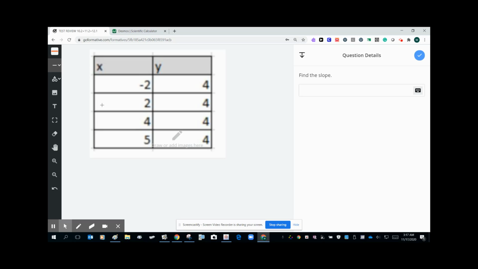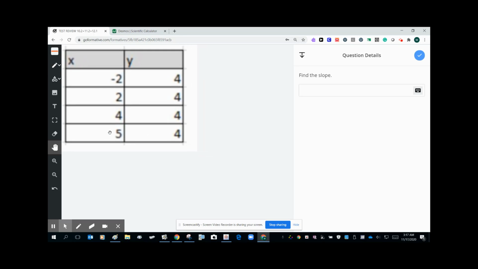Okay, here I have a table. So what I can do is move this to the side and select 2 points. So let's say I select this one and I select this one. Okay, so then I would write the points that I selected. So in this case I selected 2, 4 and 4, 4. So I'm going to label them x1, y1,